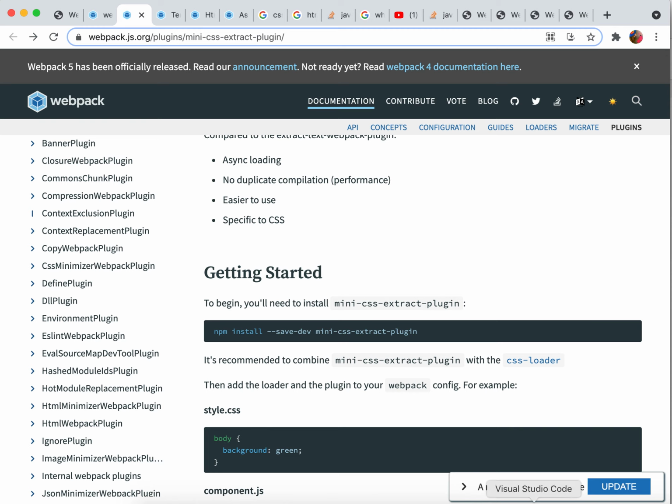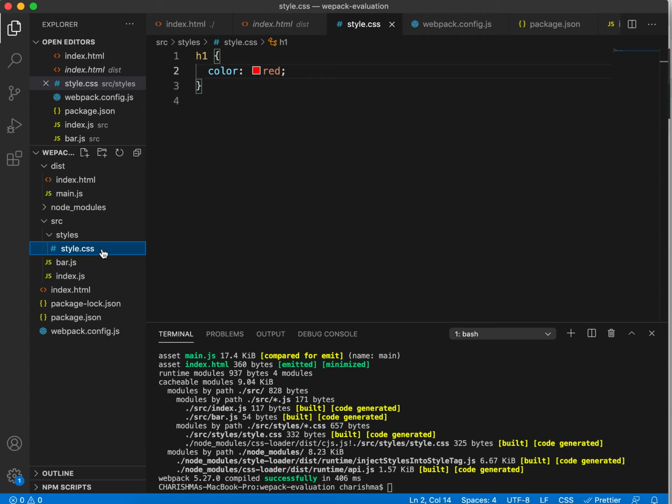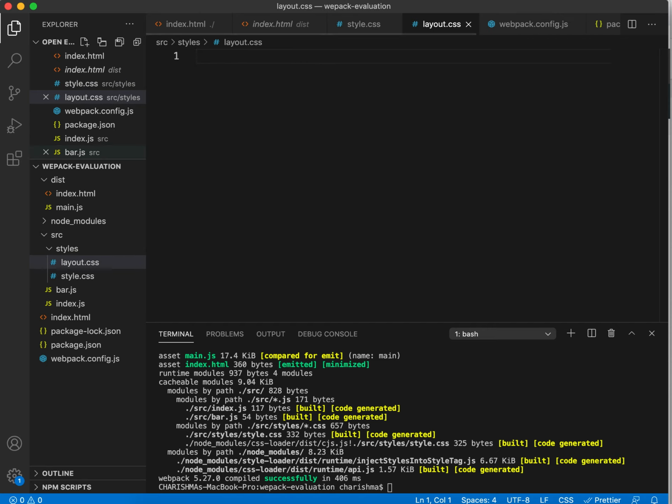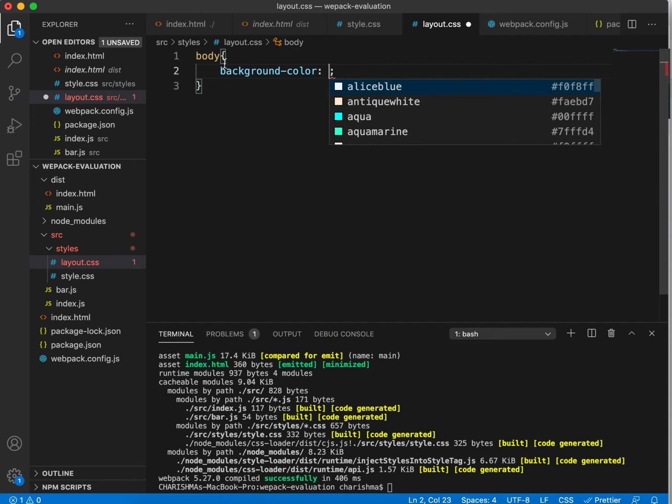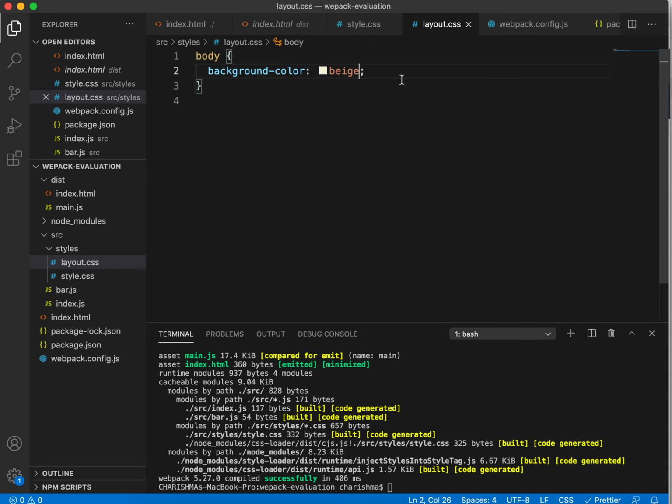Oh, before doing that, I'm gonna create one more CSS file named, what shall we call, layout.css. Inside this, I'm gonna create a rule for body, background color, let's take beige. Okay, now what happens is these two files will